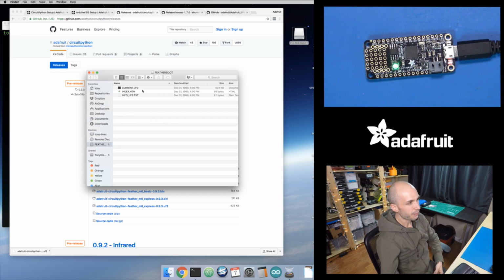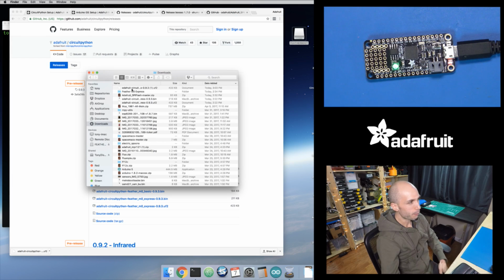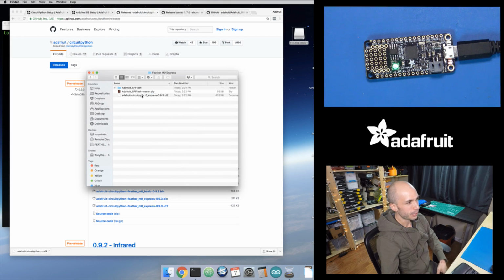And I can actually download this current .uf2. This is the current firmware that's loaded on this chip. Maybe not super useful to you right now, but if you're debugging or something, you can actually pull the firmware off the chip, which is kind of handy. But you can also say, okay, I want to put firmware onto this chip. So I can take this .uf2 file that I downloaded earlier, that Feather M0 Express UF2 that has CircuitPython firmware,